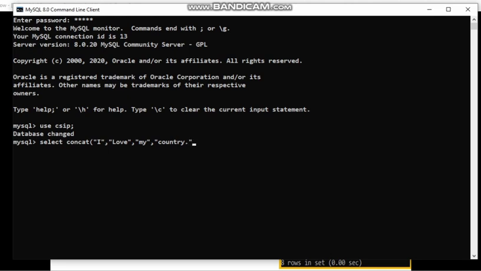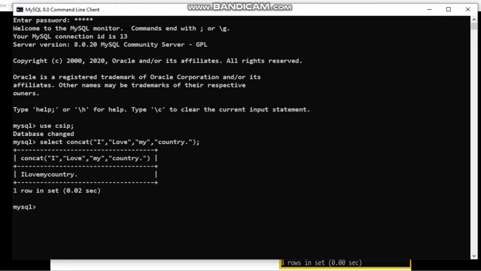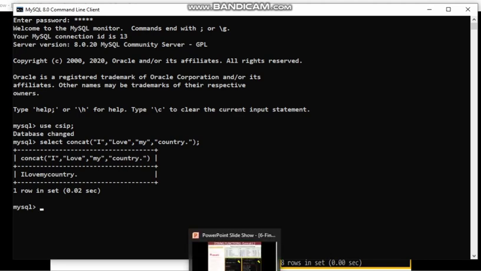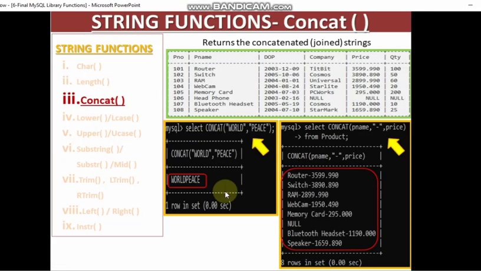So all these 4 strings will be concatenated. See the output, I love my country, and the full stop also. This is also considered inside the string. So all these 4 strings are concatenated. That means joined without any space. Let us move on. So similarly you can concatenate the fields, and this is also a string in between.